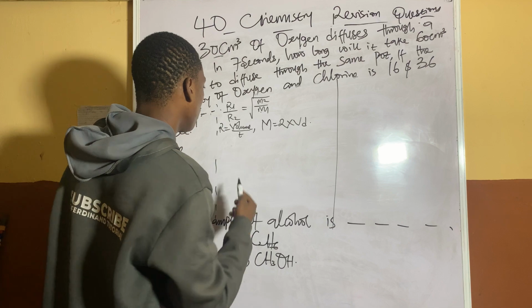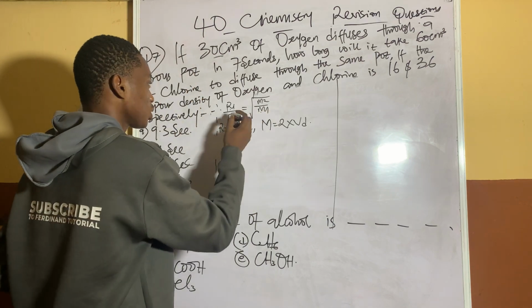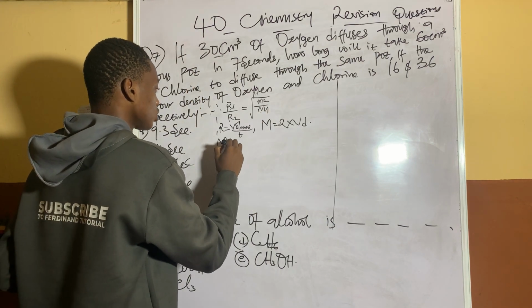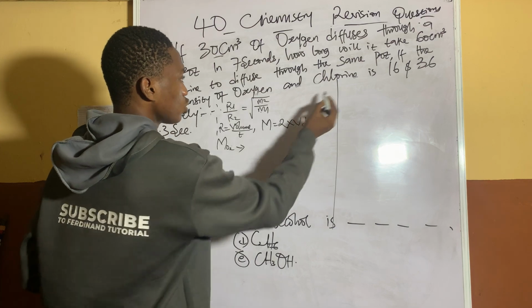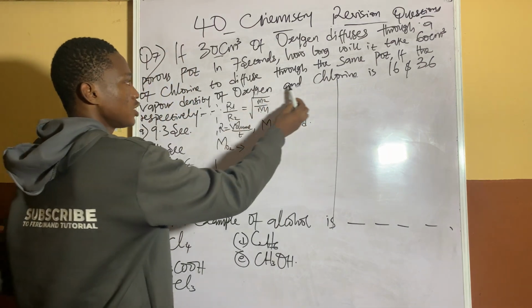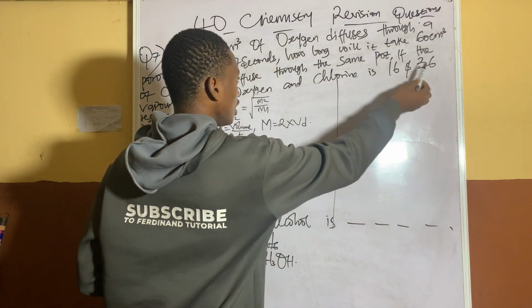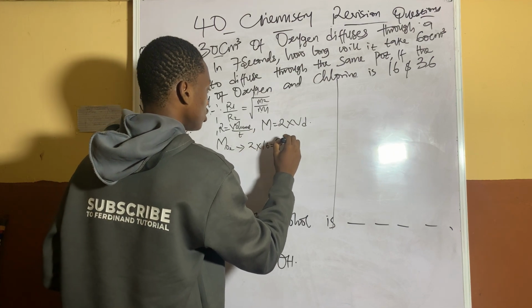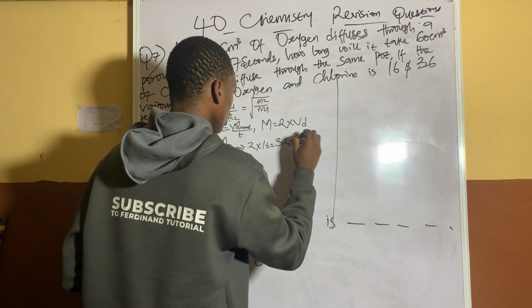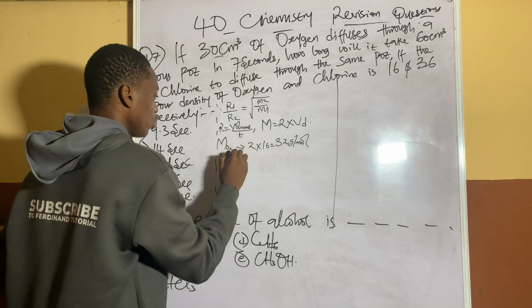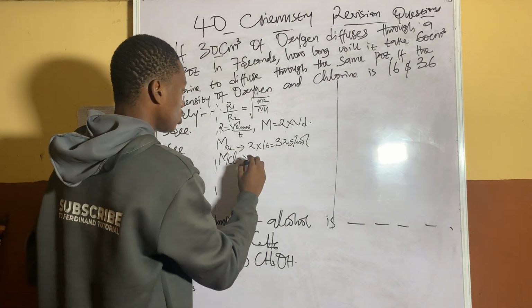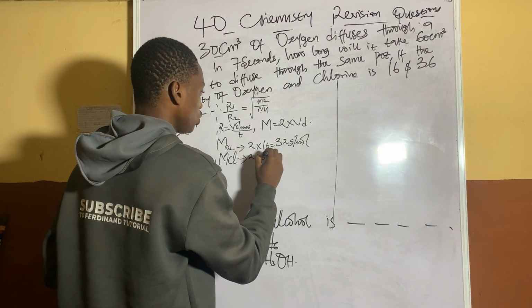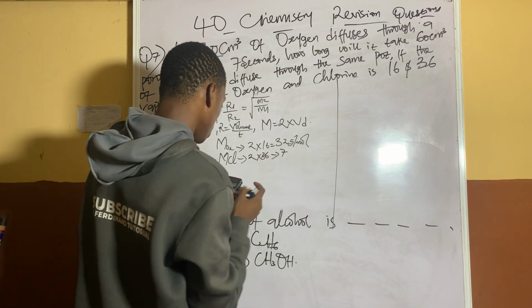Let's first calculate the molar mass of gas 1. Anywhere we see gas 1, we're talking about oxygen. So the molar mass of oxygen will be equal to 2 times vapor density, which is 2 times 16, equal to 32 grams per mole. What is the molar mass of chlorine gas? 2 times vapor density, 2 times 36, which is equal to 72